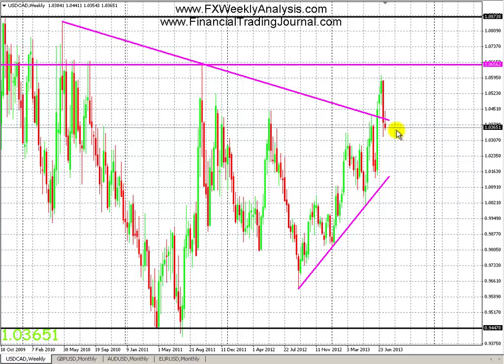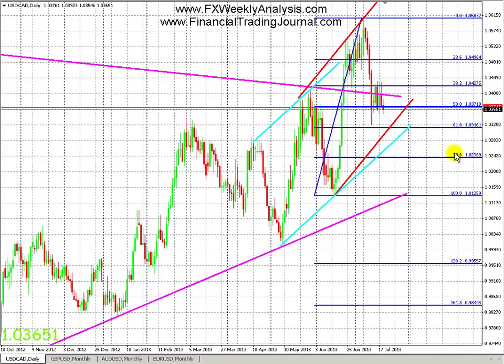But that is the potential target, as we'll get to on the 4-hour chart, which is where I draw the fib line. So this is the daily chart. Daily chart, this is a fib line, and this is what I'm talking about, a retracement. If it retraces, then it'll go to the 61.8 or the 78.6. A full reversal would be all the way back down to the 100, which is where the weekly trend line is. I don't see that happening.